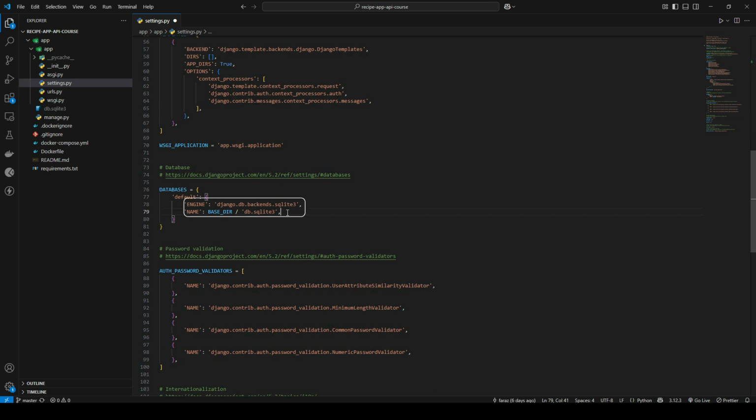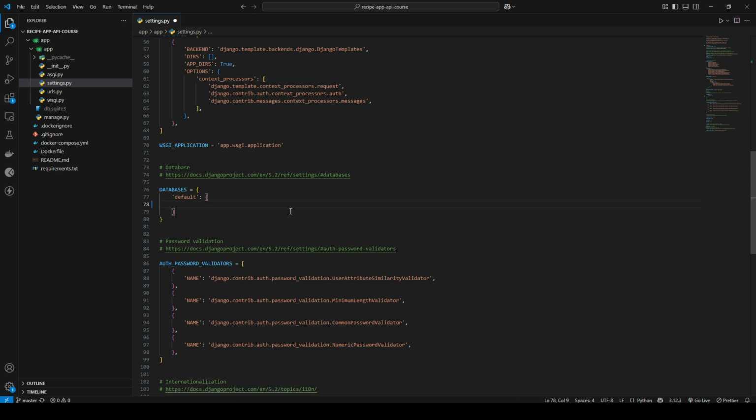So you can see we already have a default database configured. This comes with all Django projects. It's basically the SQLite database. However, we're not going to use SQLite. We are going to remove these lines and then keep the default key, because this is the database configuration we will be updating for our setup, and you can actually configure multiple databases with Django, and we are going to add the following: